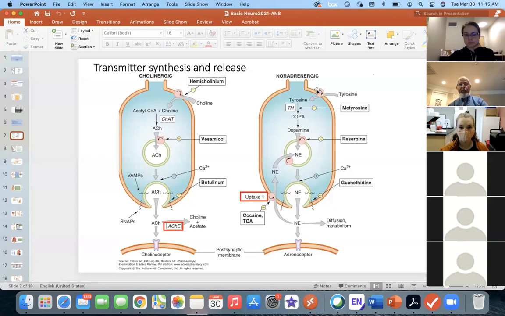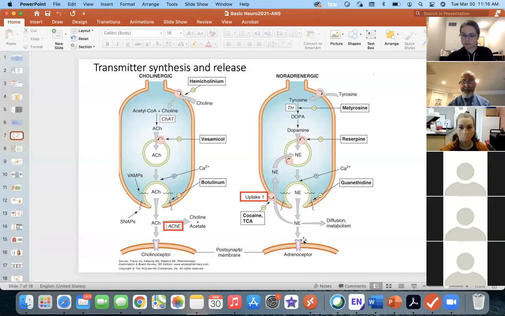Now, in case of noradrenergic, what happens is that tyrosine enters the nerve ending. Tyrosine is the amino acid that is the main precursor. Tyrosine will be converted to dopa, okay, by tyrosine hydroxylase. From dopa will be dopamine. From dopamine will be norepinephrine. So that is the final product. Tyrosine, dopa, dopamine, norepinephrine. And then norepinephrine is released in the synaptic terminal, and then it combines with the receptor again, and it produces